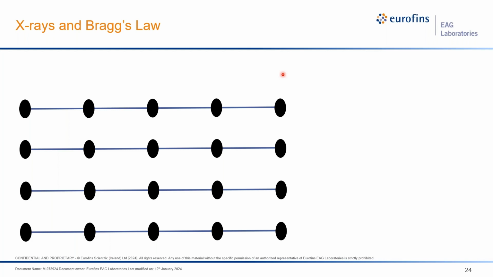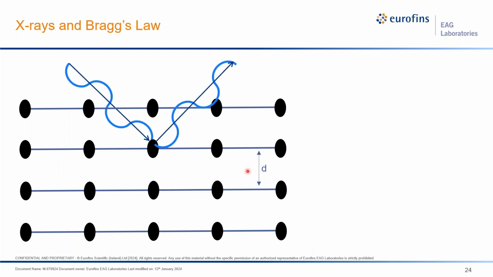And I promise this slide is the only math you're going to have to look at, but I really wanted to discuss diffraction and why this is such a powerful technique. So here we have a crystal lattice structure, and these are planes, and these dots are basically symmetrical repeating nodes. They don't have to be atoms, but essentially you have long range order, and the distance between these planes of repeating structure is called the D spacing.